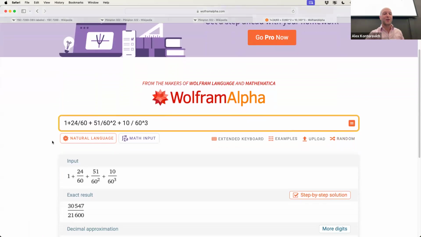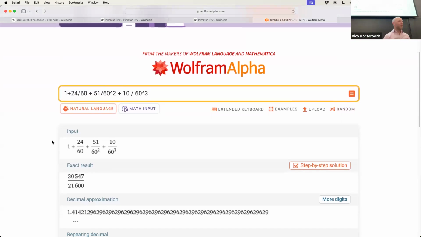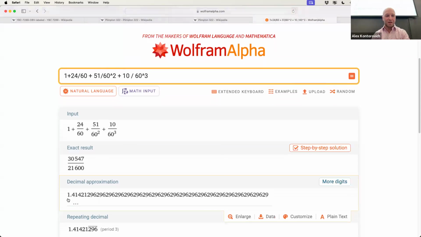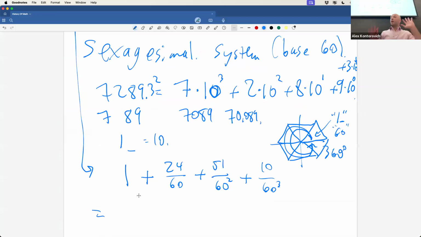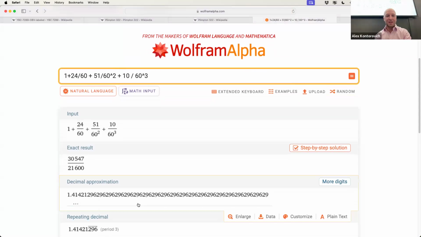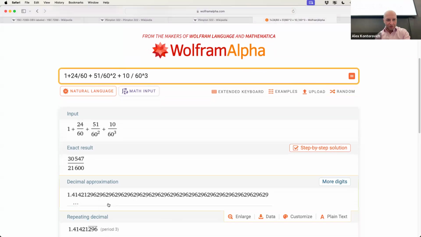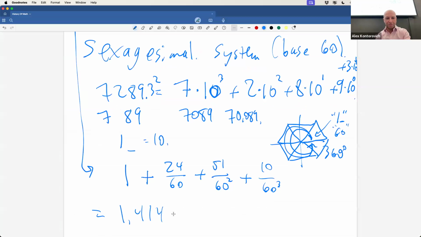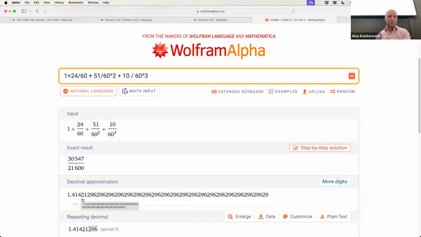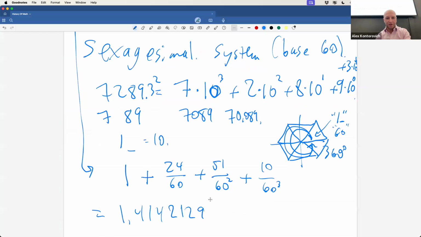So this is the number, seemingly, that represents this. And here's that number's decimal expansion. I'm just going to write this down: 1.41421. We're trying to unravel this puzzle. One hypothesis is that's what this number represents. If that's what this number represents, then it's 1.41421296. 414 is easy to remember. It's my old cell phone number.